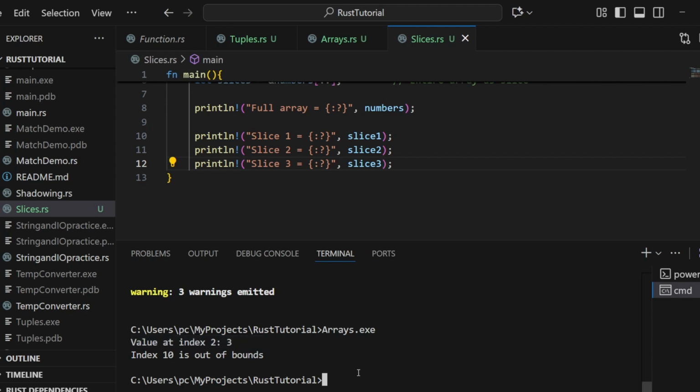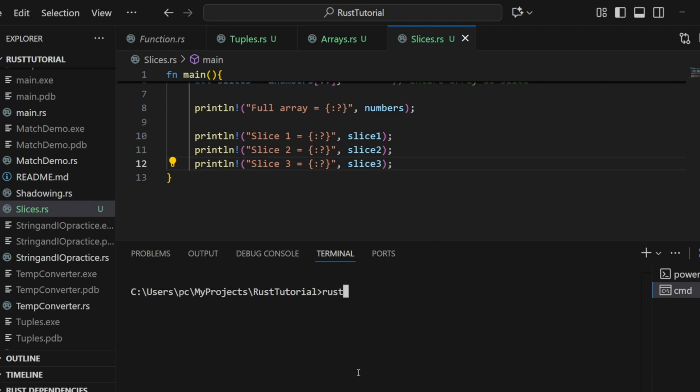Let's check by executing this. Rust C slices.rs